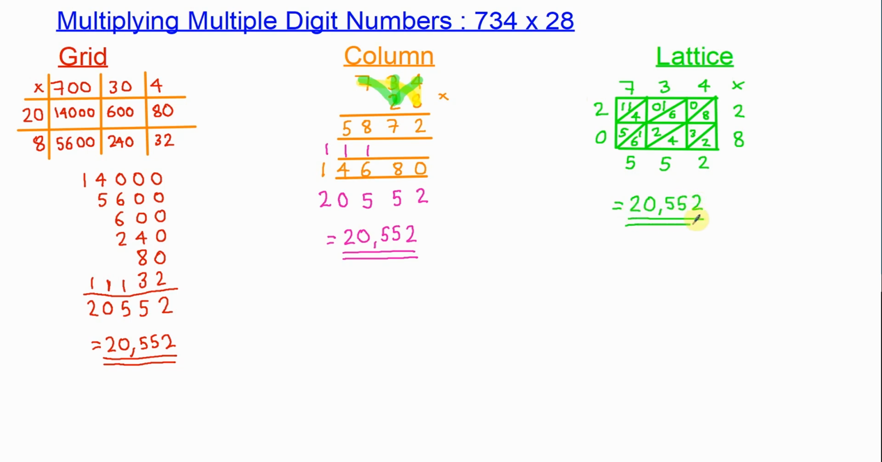Now, whichever method you choose to use is entirely up to you. Personally, I've always found that the lattice method, since I've learned it, makes life so much easier. It does take a little bit more working in terms of drawing out the boxes, but once you get used to that, it makes it a lot easier. And I'm going to show you why I think this is the best method with the next